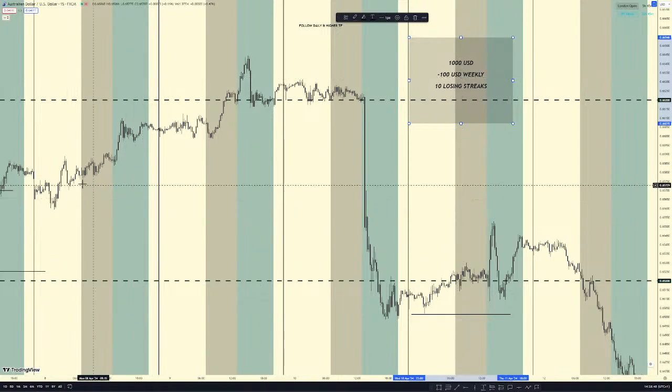So if I lose 100 USD on Monday, New York, or Monday, London, I'm not trading for the rest of the week. If I lose 100 USD on Tuesday, New York, I wait till next week. But that's very stupid, Abby. It's like putting all your eggs in one basket, because if you blow your weekly allocation on Monday, what if opportunity shows on Wednesday or Thursday or even Friday, or even the next session of that same day? That's stupid. So what you want to do is create opportunity for yourself.